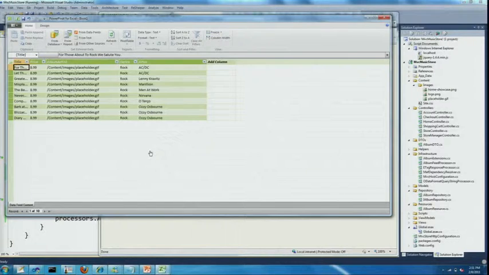Now, PowerPivot's just one client, but I think the point to drive home here is this idea that different clients have different capabilities, whether you're in a browser or not in a browser, and WCF is going to be there to allow you to leverage the richness of whatever clients you have.